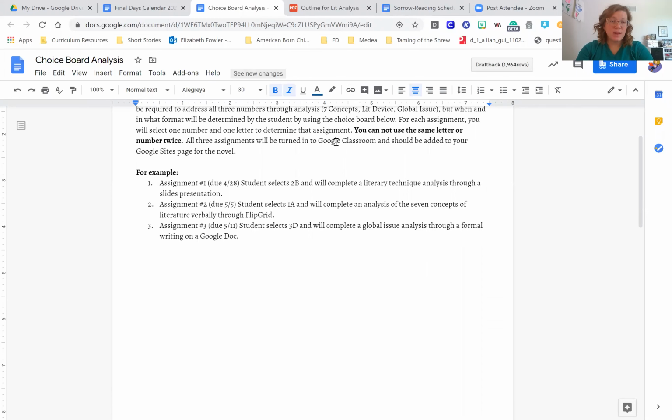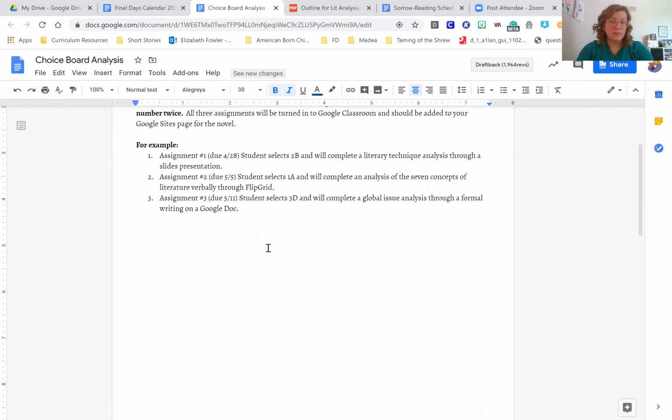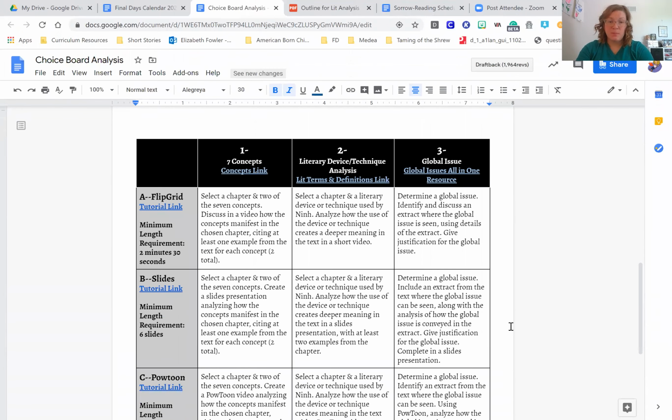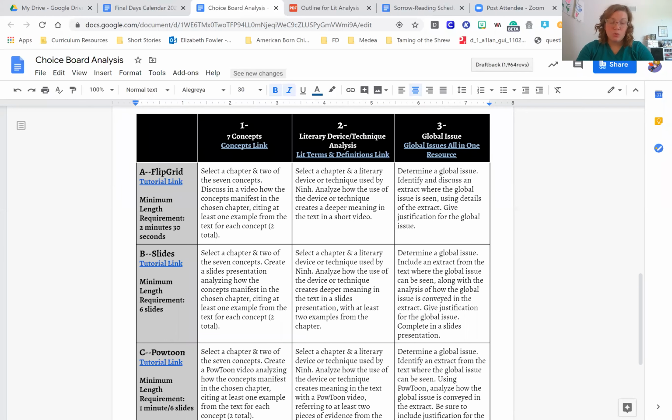You cannot use the same letter or number twice. I'll talk more about that here in just a minute. And then I've also given you a potential example for completing each of the 3 assignments that you will do for the Sorrow of War. The actual choice board is on the 2nd page of this document. So this is what I mean by you cannot choose a letter or number more than once. So you ultimately will complete an analysis of 7 concepts, an analysis of literary devices or techniques, and